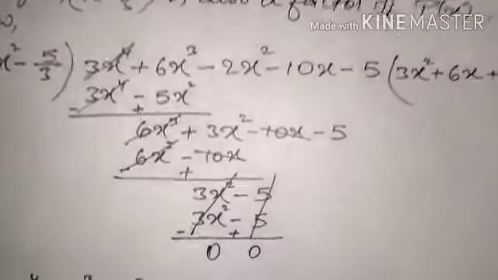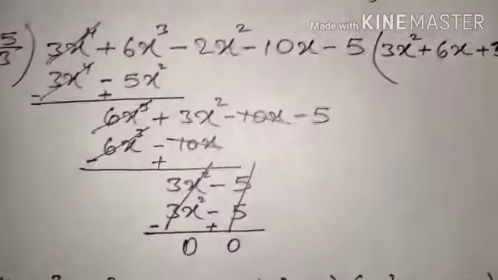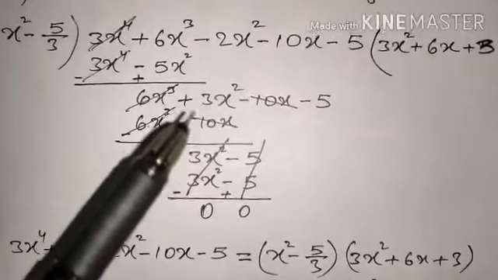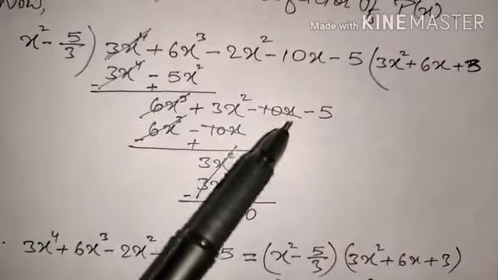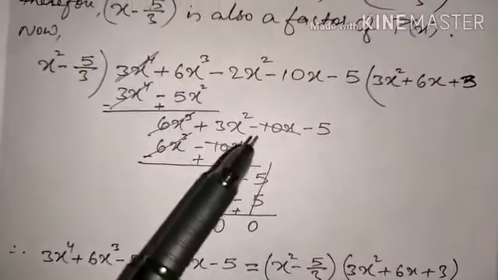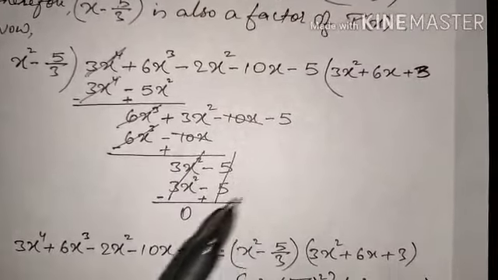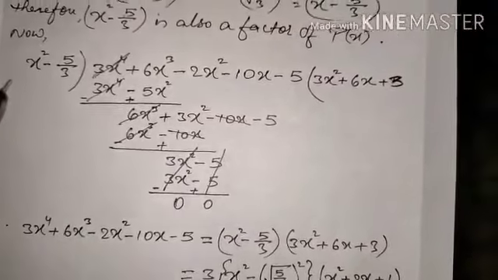Now 3x square and minus 10x are unlike terms, so we cannot do plus or minus operations over here, but minus 10x and plus 10x will get cancelled out. So it will become plus 3x square minus 5. I had written that. After this,